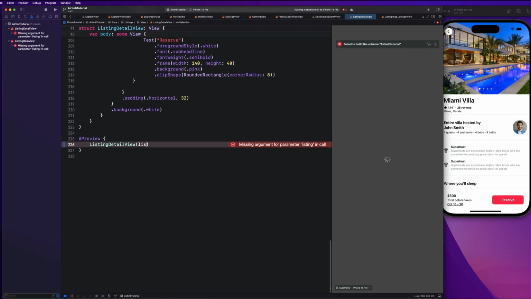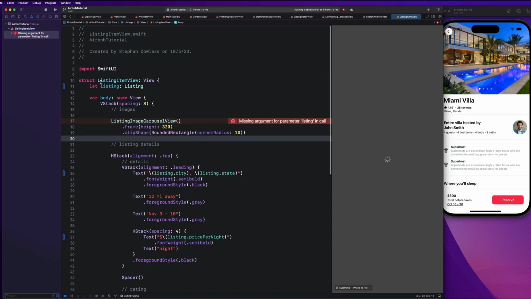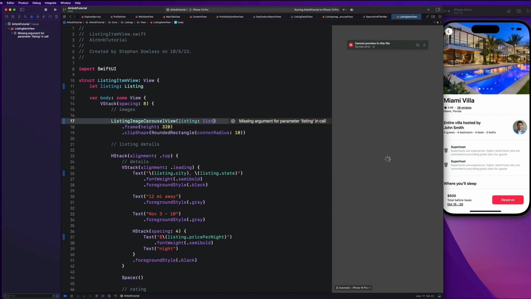So we need to inject our listing here, DeveloperPreview.shared.listings[0]. Okay, and we should still have a couple more errors we have to resolve, guys. Okay, listing item view. Yep, so we have the listing injected here. Let's just go ahead and pass it along to our listing image carousel view. Perfect. And I believe we should just have one more error where we need to pass the listing to the